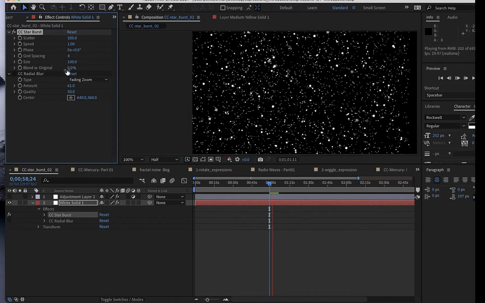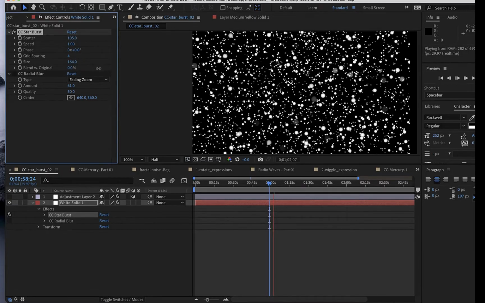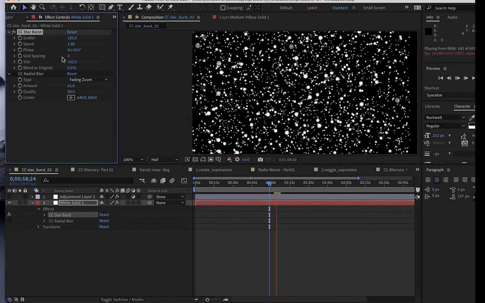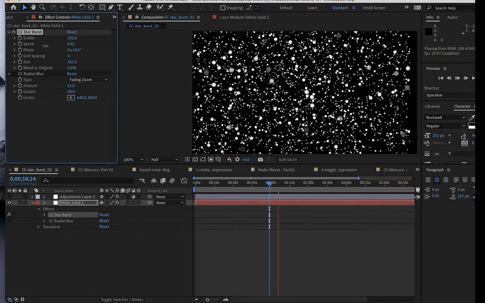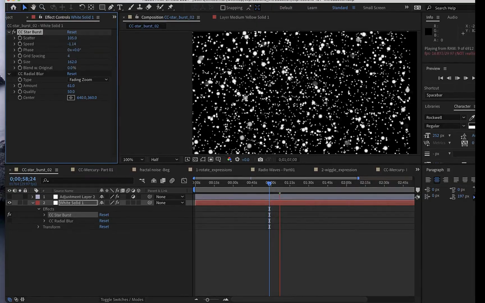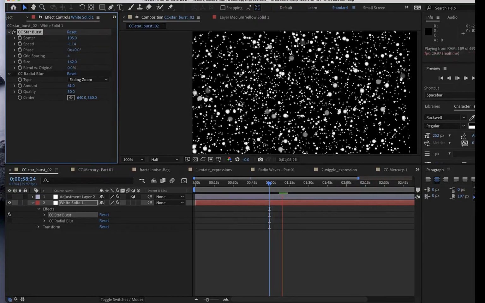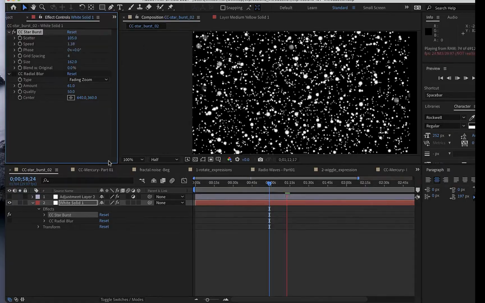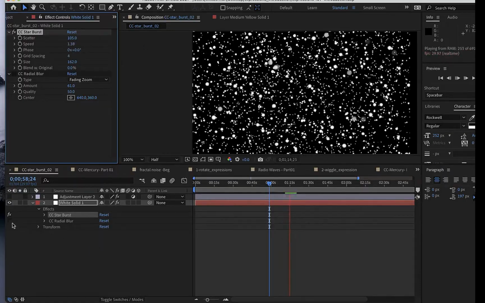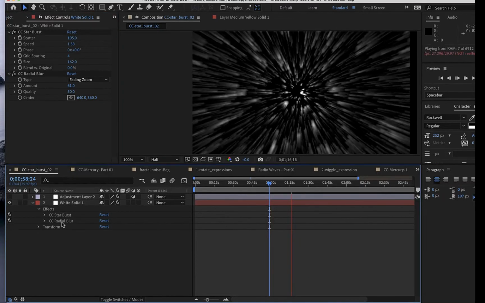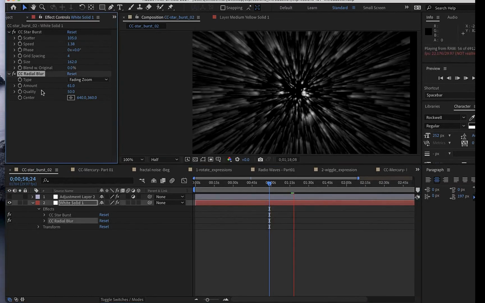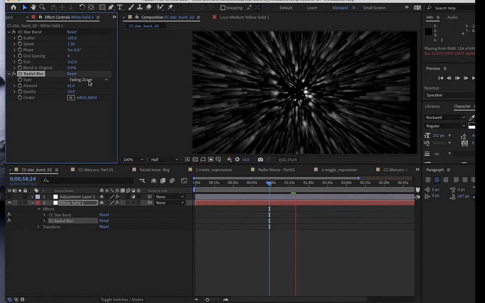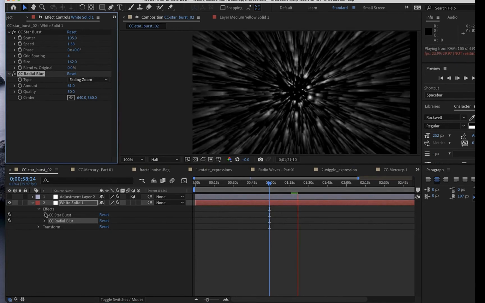And then you could have different sizes, and you can also have different speed. If you go on the minus setting, it goes backwards, and if you go on the plus setting, it comes forwards. So I added a radial blur to this with a fading zoom to basically get this effect,